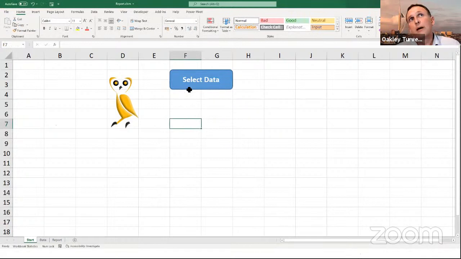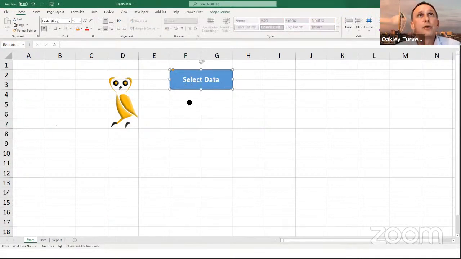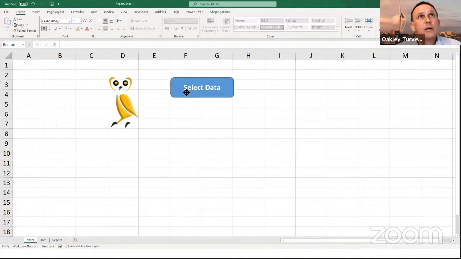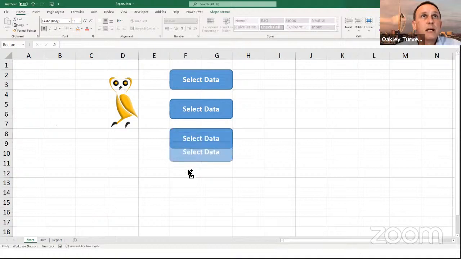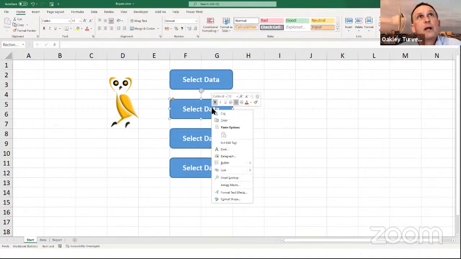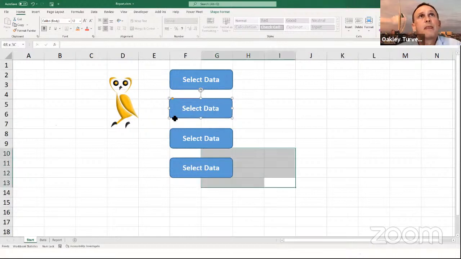Now, the other useful thing about this one is remember that we can use our Alt if we click and drag to move it. So we can hold down Alt and it will snap in. But if we also hold down Control, it will actually make a duplicate. So we can make several duplicates to make a list or a bunch of buttons, and then just go into each one and rename them and perhaps reassign the macro that it refers to.